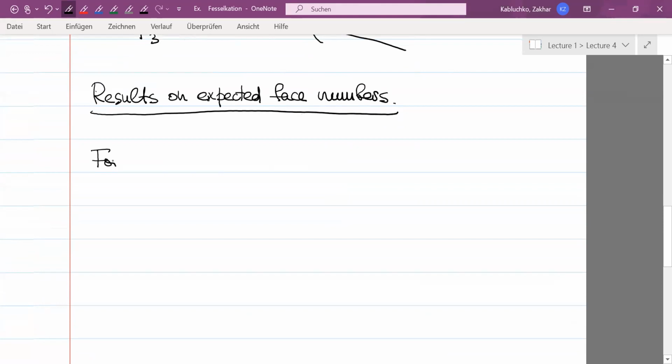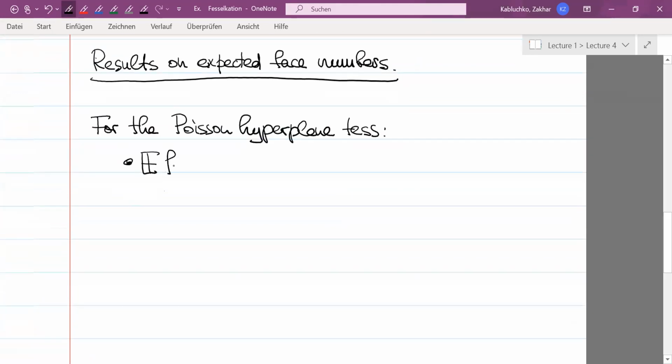For the Poisson hyperplane tessellation, we can consider, first, the zero cell in each tessellation. We can consider the zero cell or the typical cell. They are different in distribution. Now, if we take the typical cell of the Poisson hyperplane tessellation, then